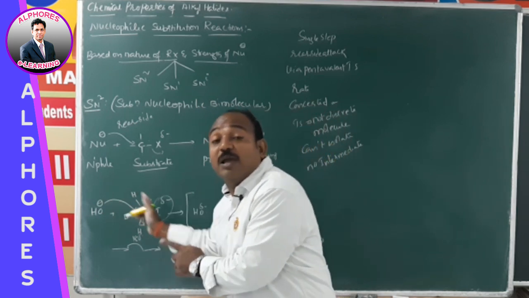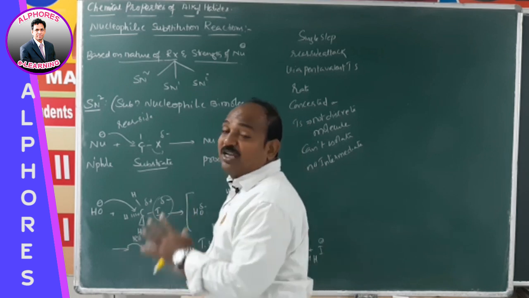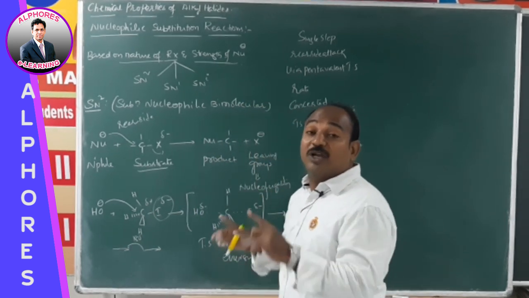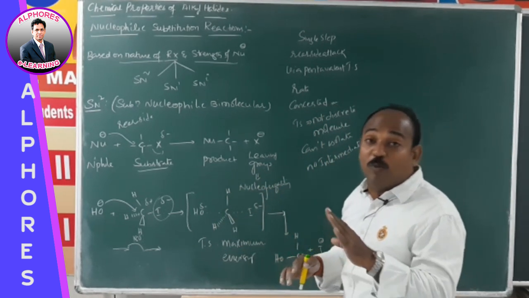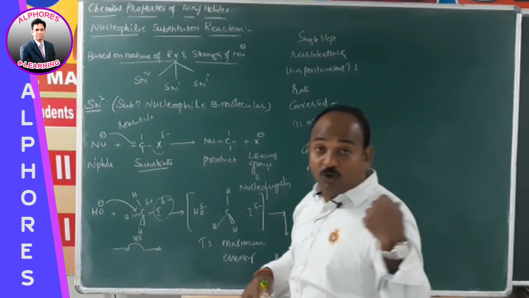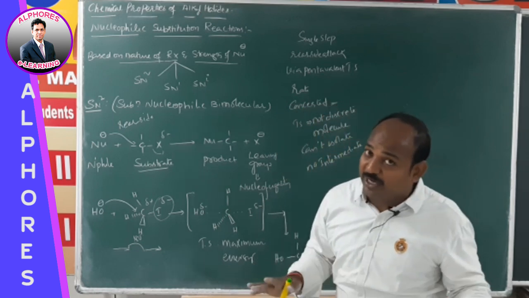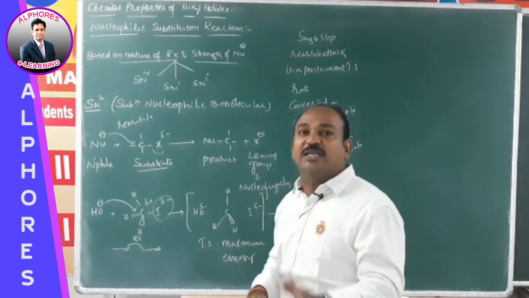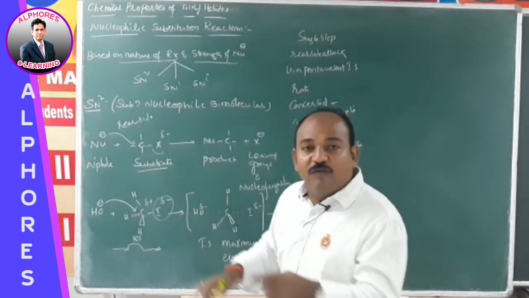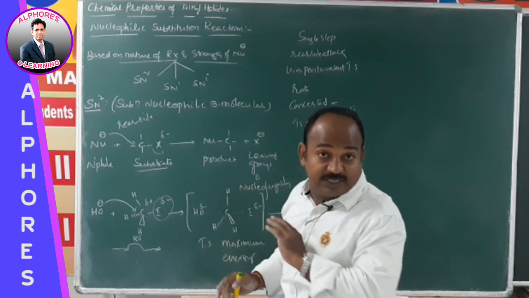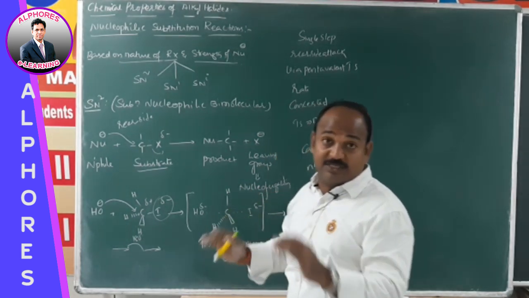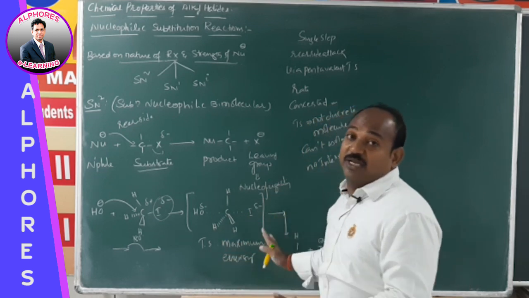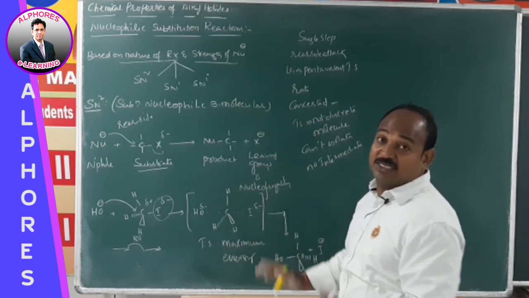Both are simultaneous. So this step proceeds via formation of one transition state. There is no carbocation intermediate, no carbanion intermediate, no free radical intermediate. There are no intermediates. If anything is there, that is nothing but a transition state. Strictly we can say the mechanism proceeds without formation of any reaction intermediate like carbocation or carbanion, via a transition state. Let us see how the transition state exists.